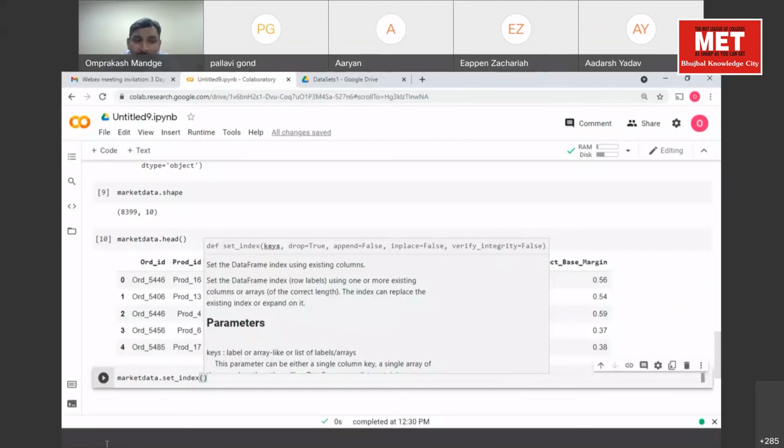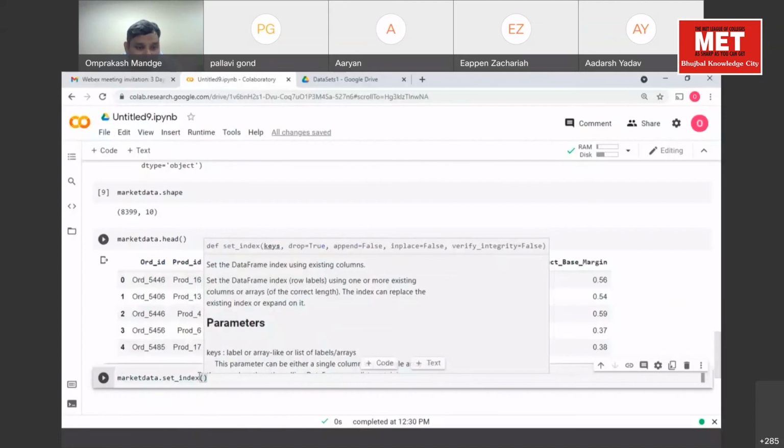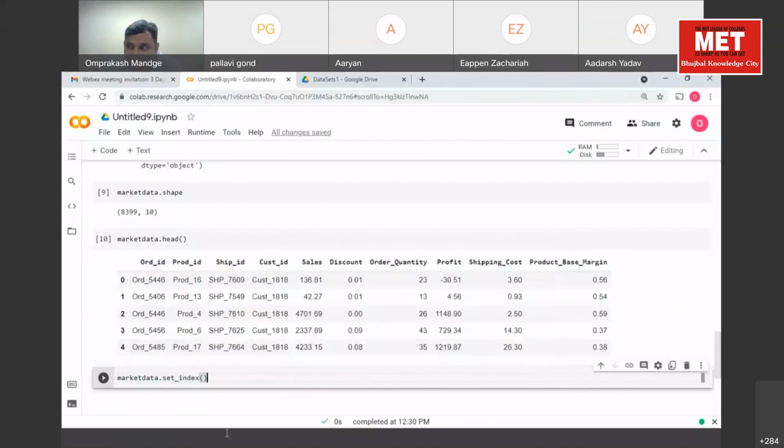So try this particular activity on your own. Specify the column name. Has anyone finished it? You can check whether you are getting the output or not.